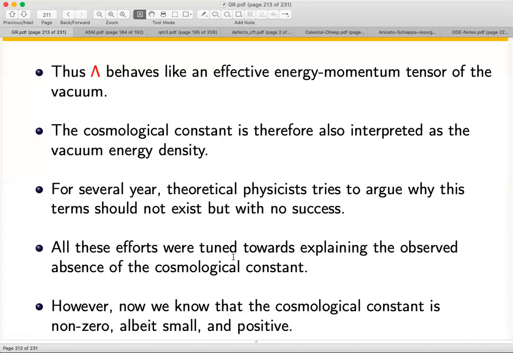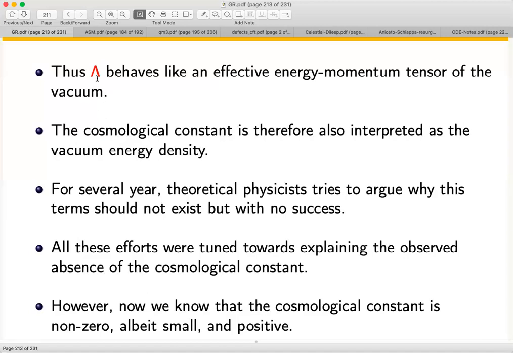After having obtained this quantity to be non-zero, it would naturally seem that, quote unquote, the ultimate action that you would write down may be supersymmetric, and because the supersymmetry is broken spontaneously by the vacuum or by nature, it would naturally explain why lambda is positive. Because supersymmetry tells you that if it is broken, the lambda would be positive. Now with all that, it seems like that would have been the best way of solving the problem, but